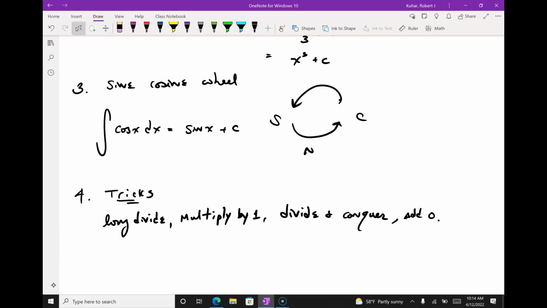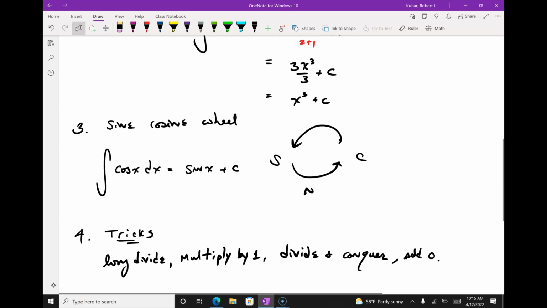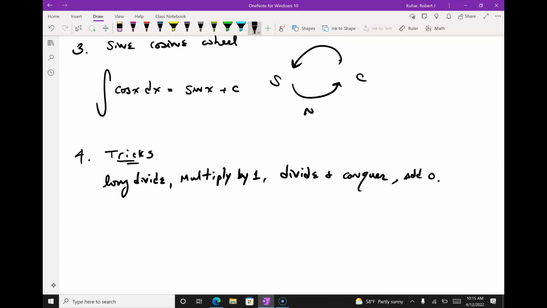Yes, I don't know if I'm ready to do an add 0 yet, but it shows up a little bit later. Go ahead. Is this a hierarchical order you want us to start trying from? Exactly. Start trying from 1, keep going. Obviously, you're not going to do 3 if it's not a sine or a cosine, right? But just an idea of trying to put things together. So divide and conquer